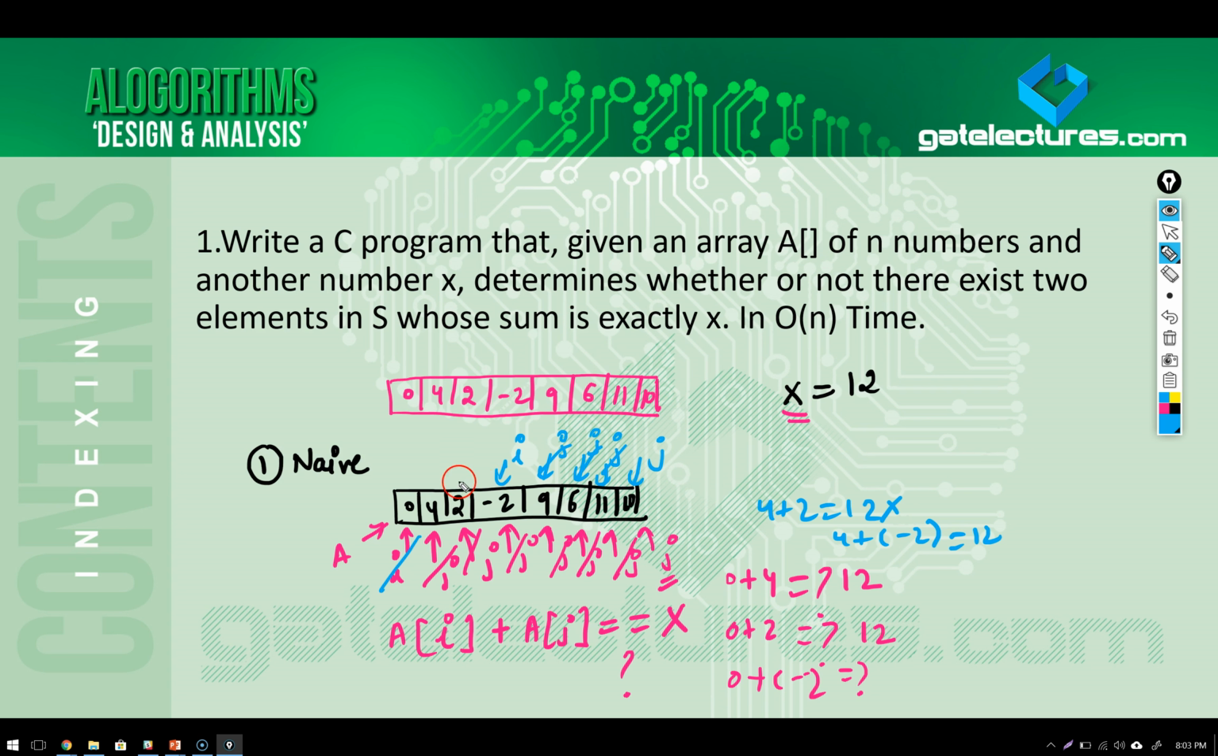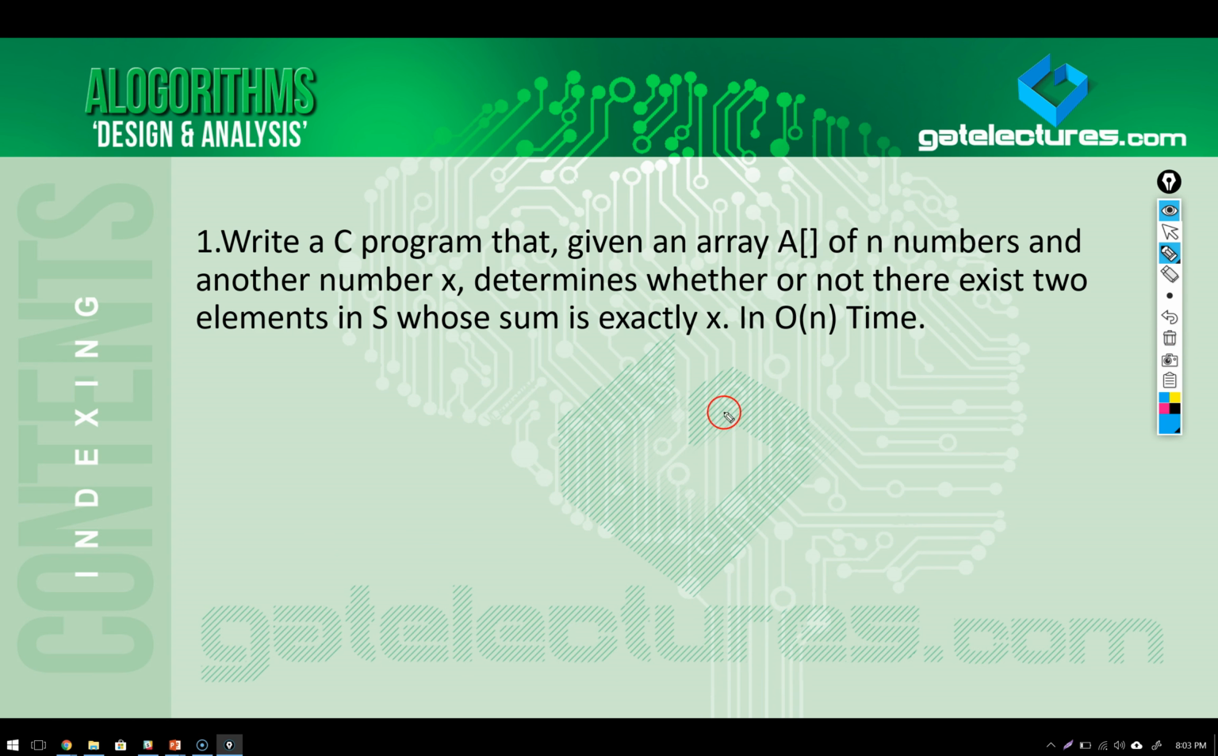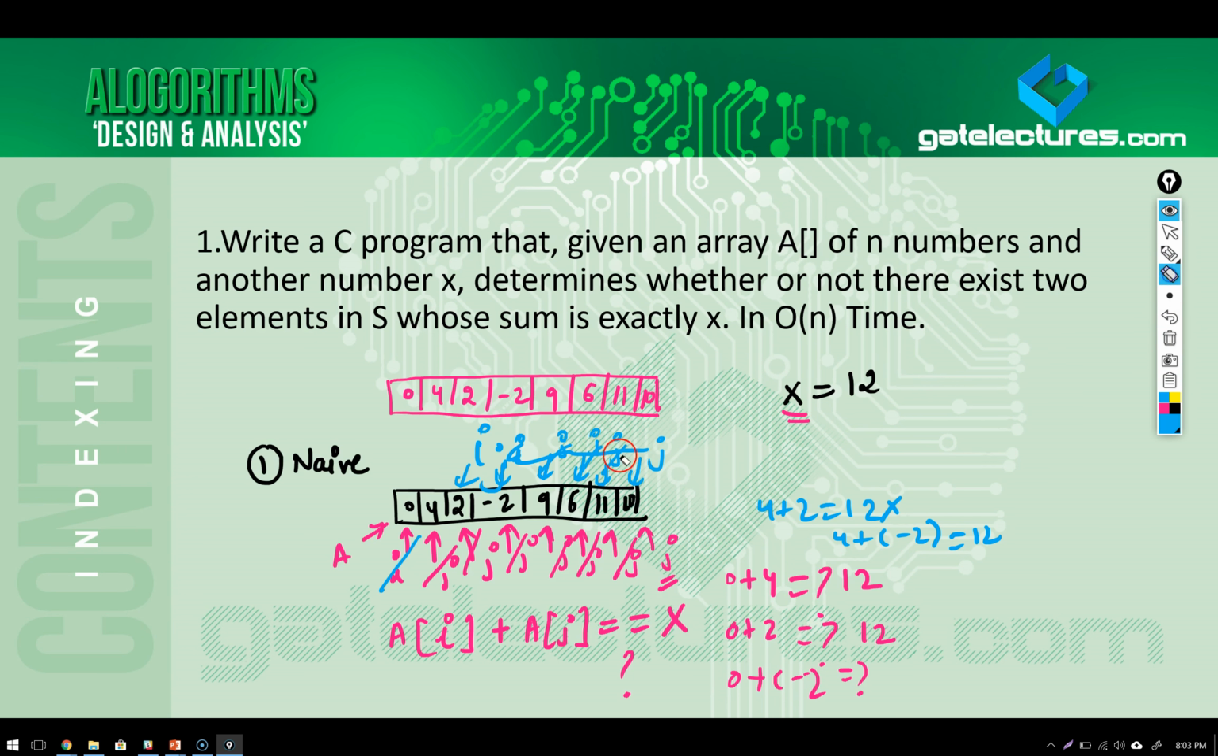Actually, in the last case I think I should point to this and j should point to this, sorry. So in the last case I think we missed this step. Now 2 plus minus 2 is not equal to 12, 2 plus 9 is not equal to 12, 2 plus 6 is not equal to 12, 2 plus 11 is not equal to 12, and 2 plus 10 is equal to 12. So we can say that yes, at this index location, two numbers exist whose sum is equal